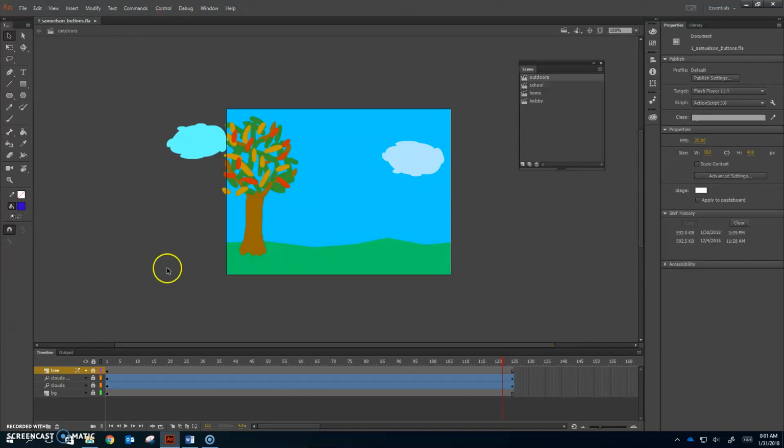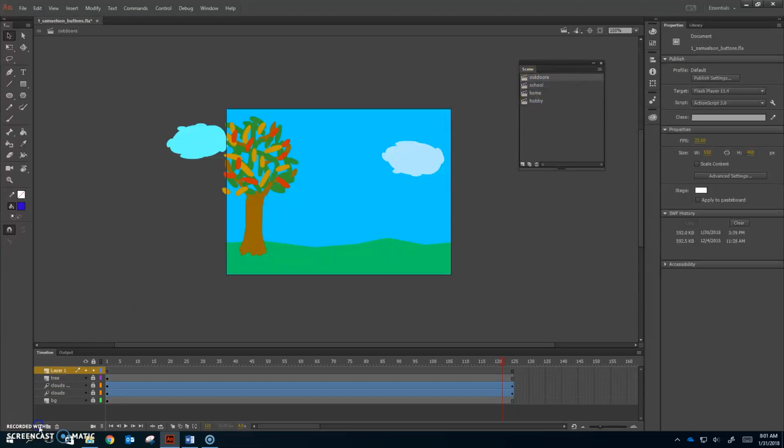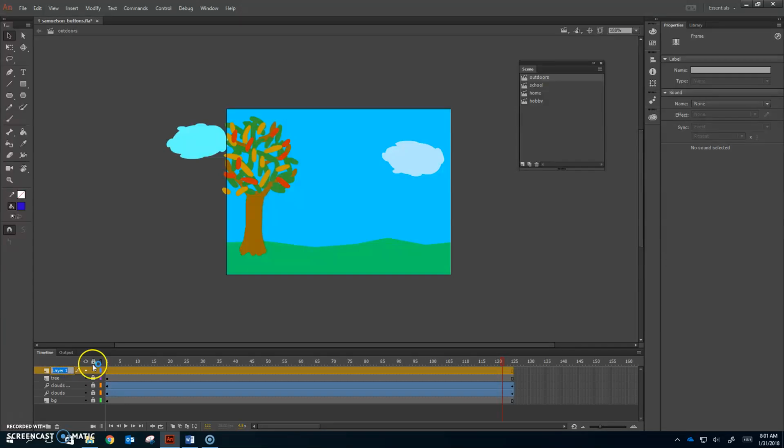Okay, so you are going to start with the buttons file. You have all of your scenes. We'll start on the first one and we'll create a new layer and call this one buttons. And what we're going to do is create a button that has a movie clip in the